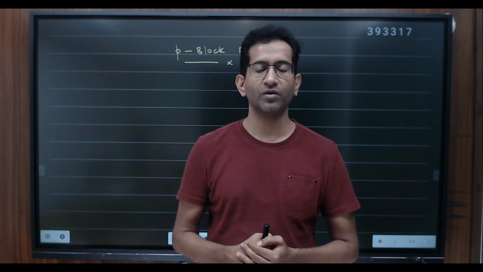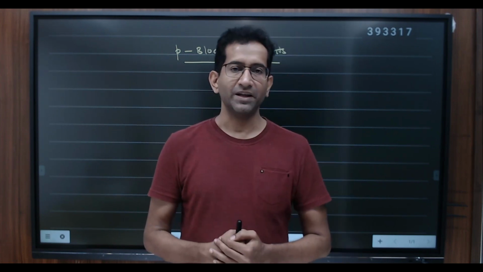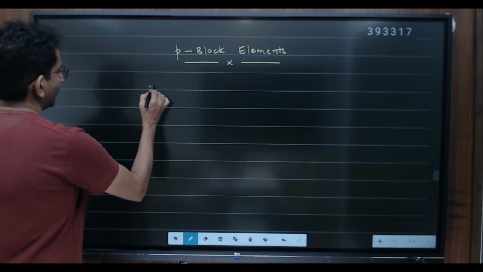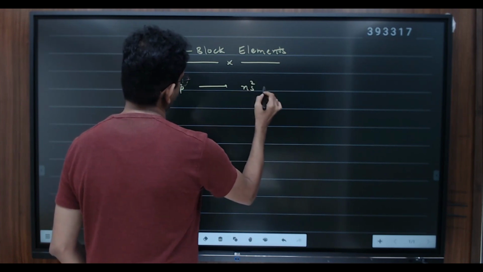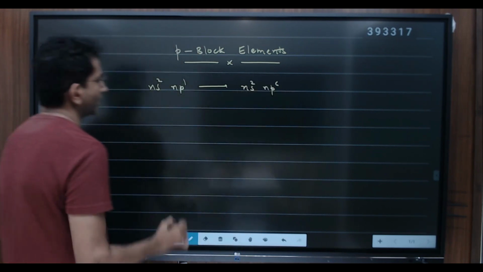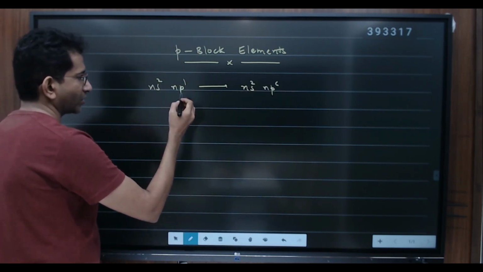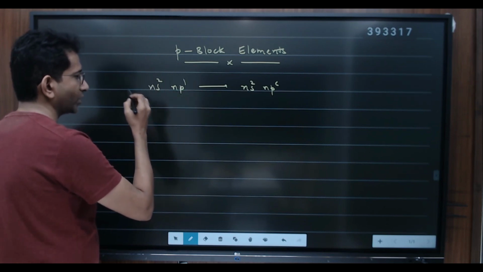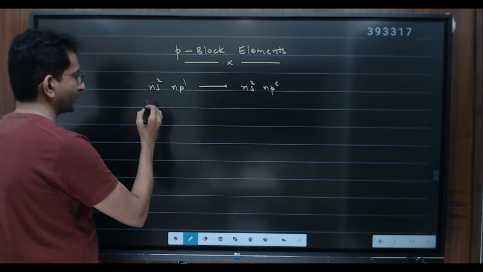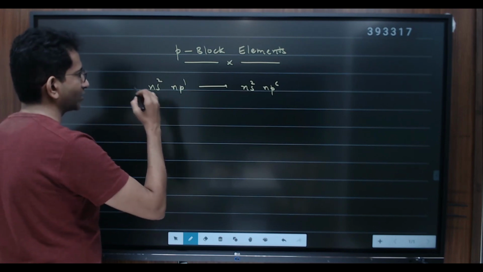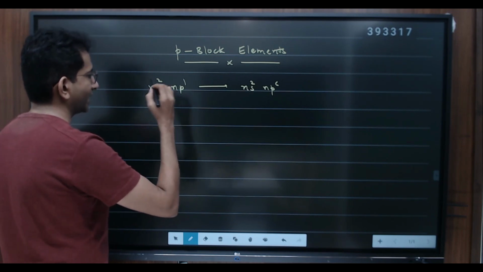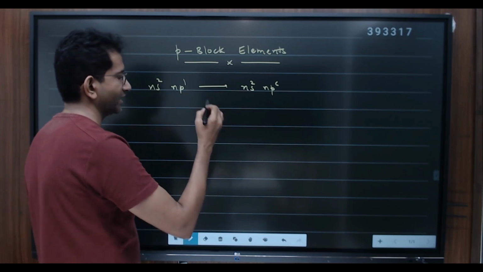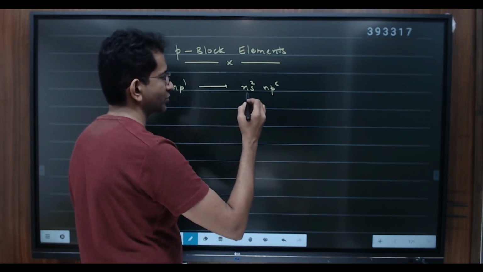Now the general electron configuration of p block elements is like ns2 np1 up to ns2 np6. np ऑर्बिटल में इलेक्ट्रॉन एंटर हो उससे पहले ns ऑर्बिटल में 2 इलेक्ट्रॉन ऑलरेडी प्रेजेंट होते हैं, तो जब भी कभी p ऑर्बिटल में इलेक्ट्रॉन एंटर होंगे, ns ऑर्बिटल हमेशा कंप्लीटली फिल्ड रहेगी, दैट इज ns2 np1, ns2 np2, ns2 np3, ns2 np4, ns2 np5, ns2 np6.